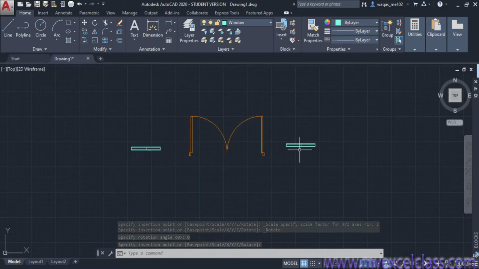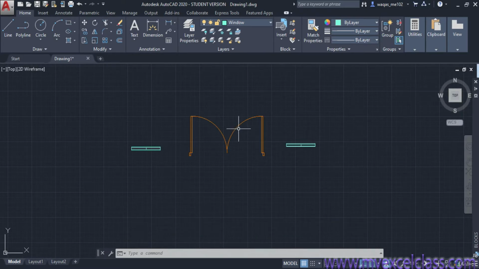Well, we have three different blocks, and exactly these two are grouped, and this is not, and I want to include this block into this group. So how can you do this?